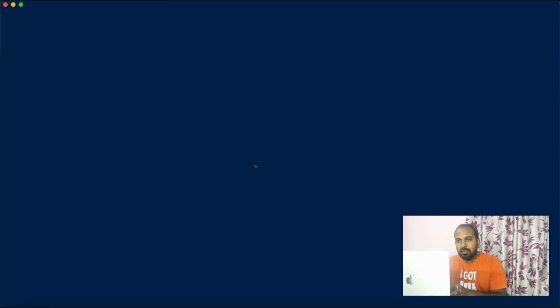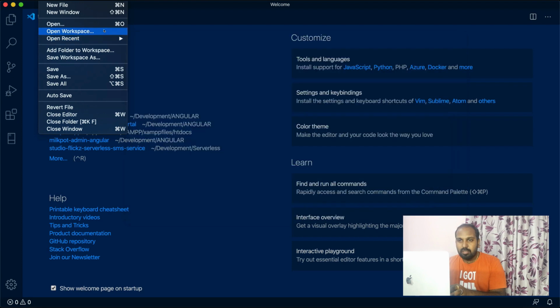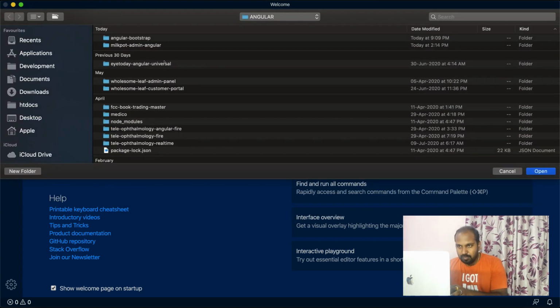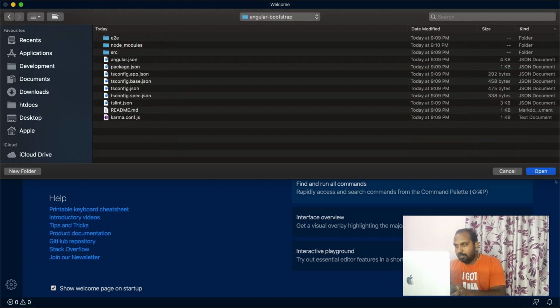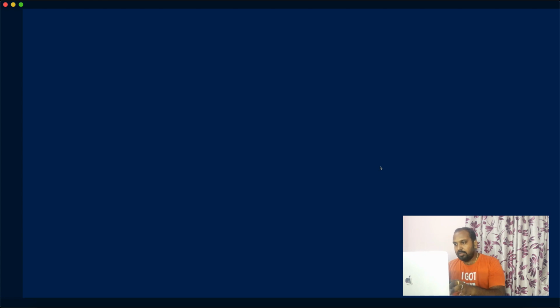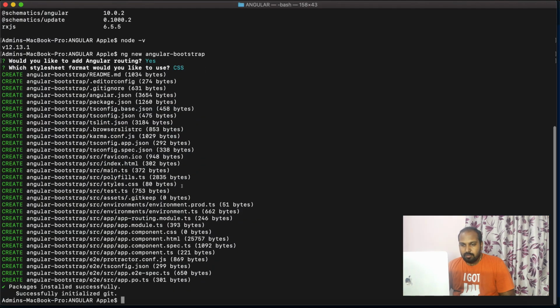I am opening the code in a code editor. I am using Visual Studio Code. I am opening the folder Angular Bootstrap. Now the packages got installed successfully.